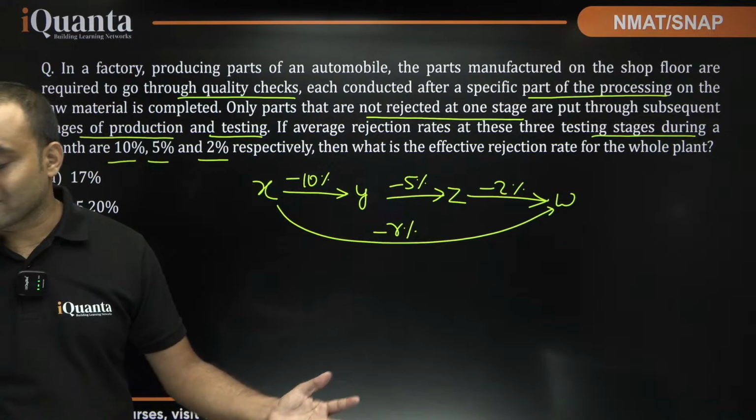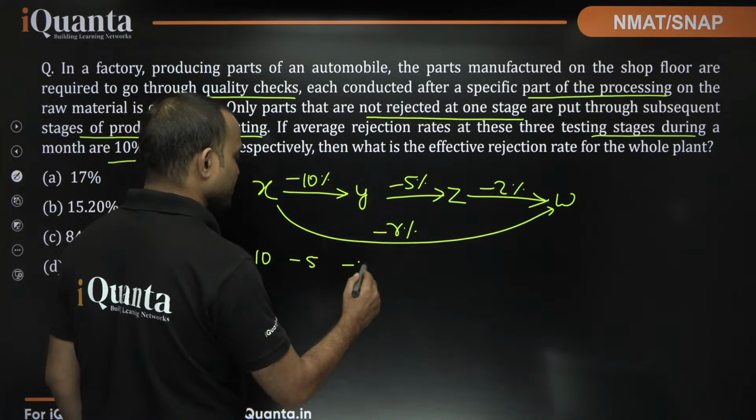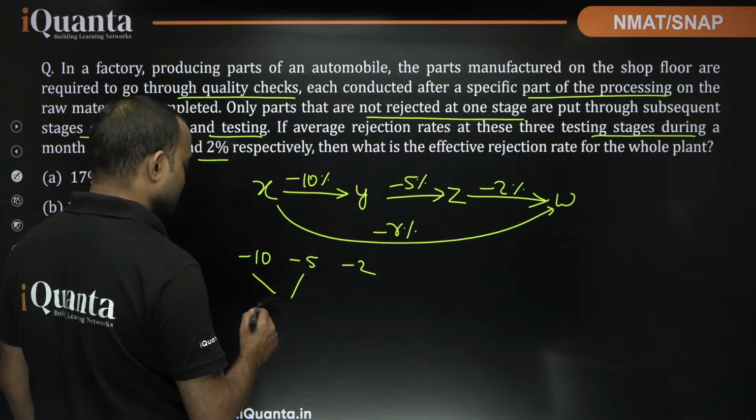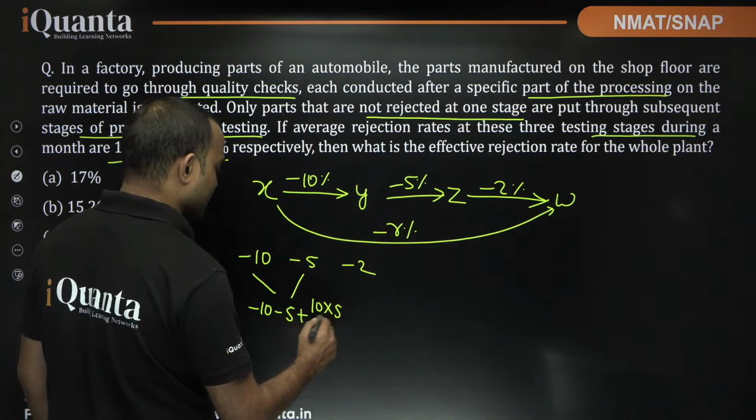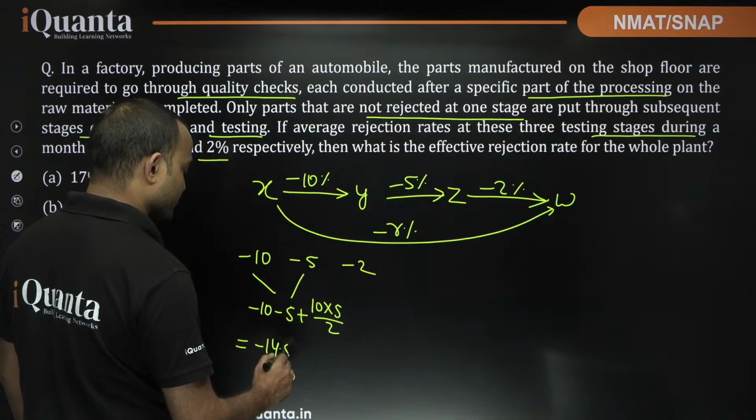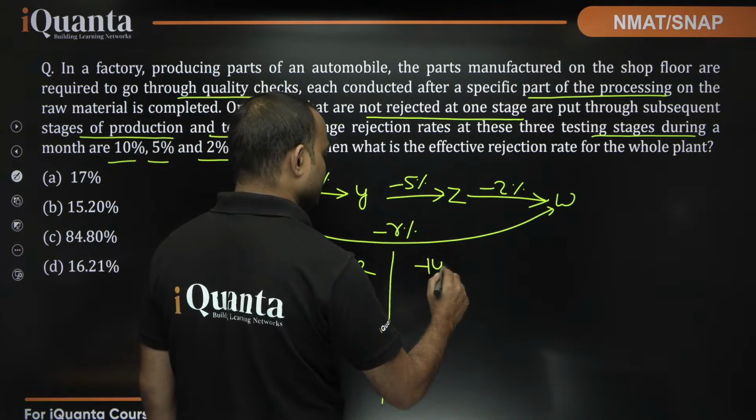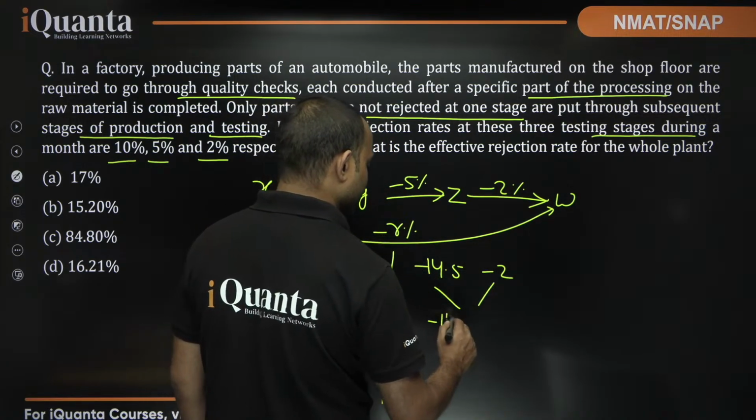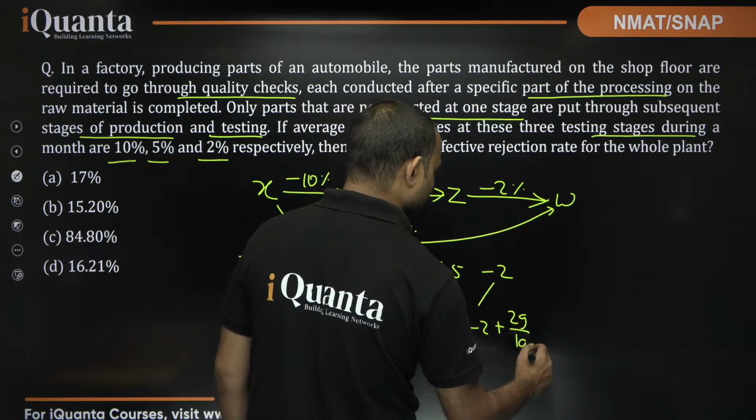So, this is negative, right? We can use the successive: minus 10, minus 5, minus 2. So, minus 10, minus 5 plus 10 into 5 upon 100, which is equal to minus 14.5%. Now take minus 14.5 and minus 2, take the successive: minus 14.5 minus 2 plus 29 upon 100,